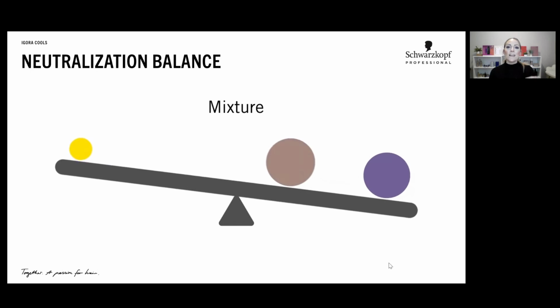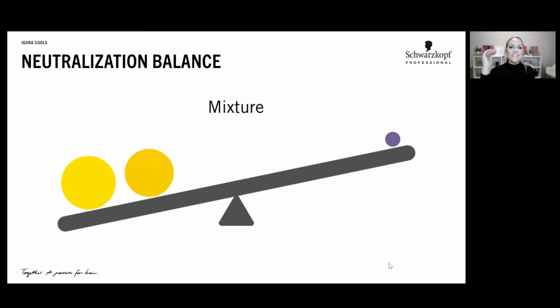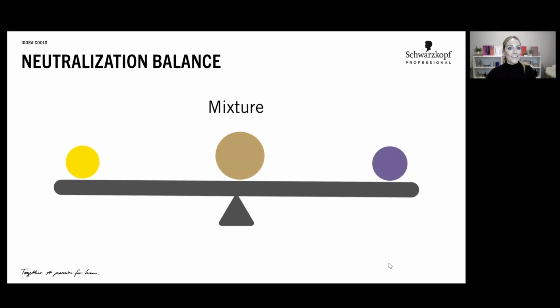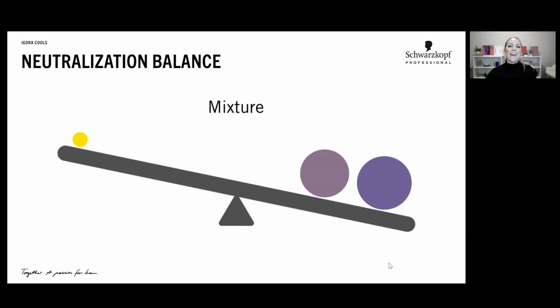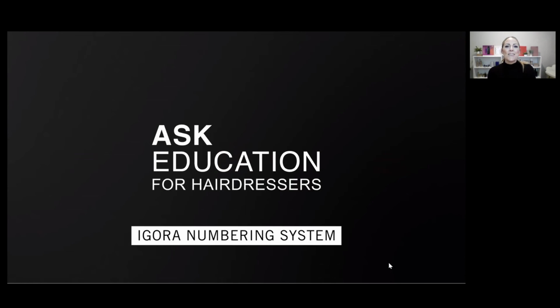But maybe I have a level 9 yellow and I just want to tone a little bit of that warmth. I can use a level 10 violet. So I always have choices, and it's just about making educated, smart choices and being able to predict that end result. So with that being said, our numbering system, when you are looking for something from Schwarzkopf Professional that is